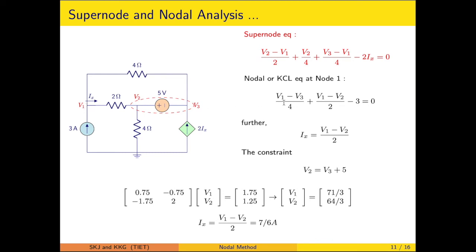So basically in the supernodes the number of KCL equations is getting reduced. However, as you can see, there are 3 unknowns V1, V2, V3. So it has 2 KCL equations, and the third one, the KVL equation which we discussed previously, has been referred to as a constraint. So these are forming a set of equations to solve. Here, because of the substitution, the relationship is coming out to be like this.